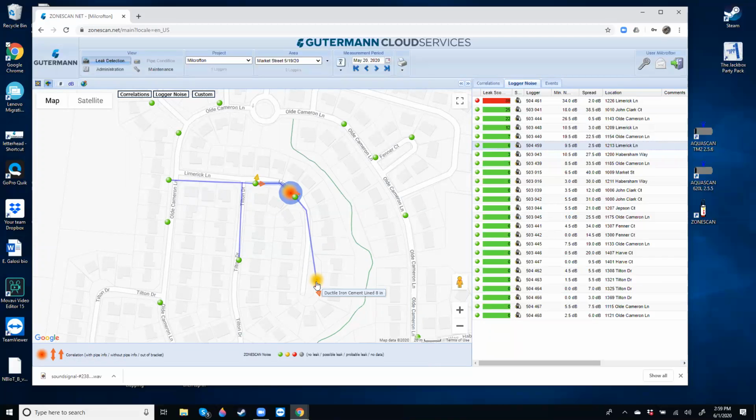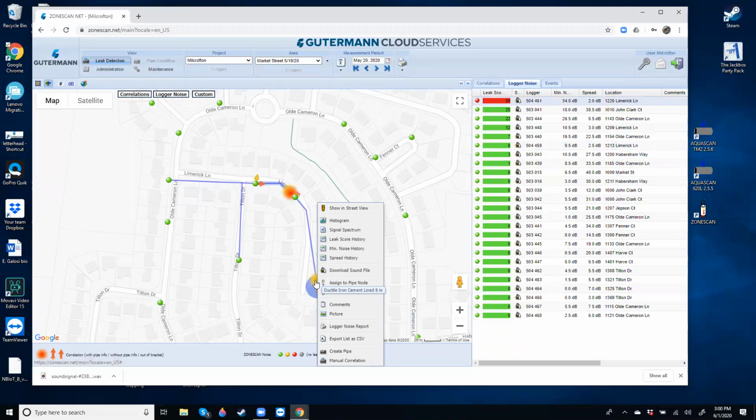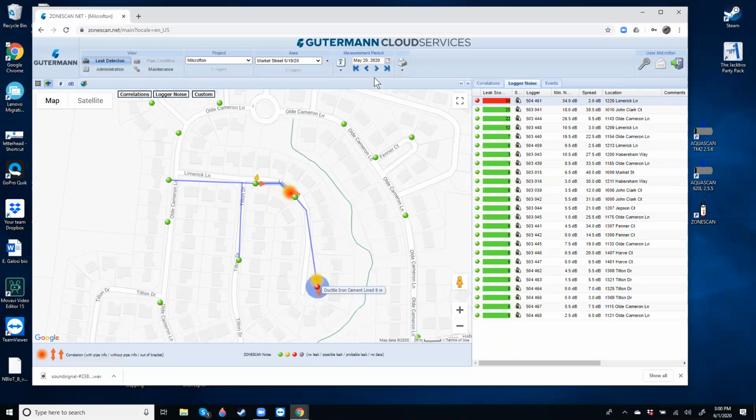One of our out of bracket yellow leaks down here actually turned into a blister spot. So there's a leak very, very close to that logger down here at the end of the cul-de-sac, which we know. But like I said, with your GIS data up here, we'll make sure that we're getting absolutely accurate pipe placement. And then these leaks will just easily appear, and then we'll be able to go right into